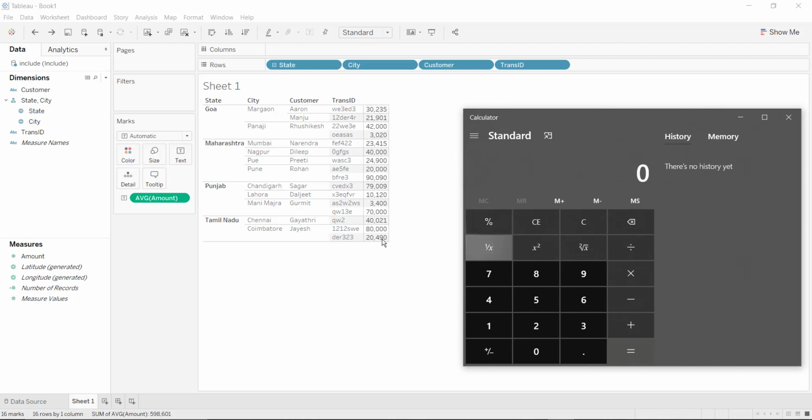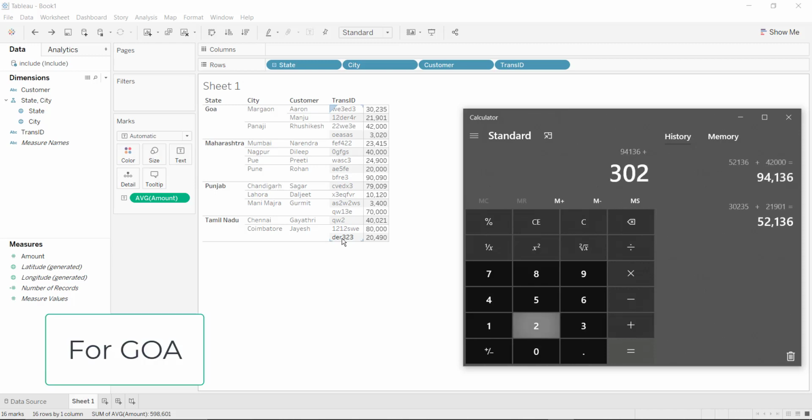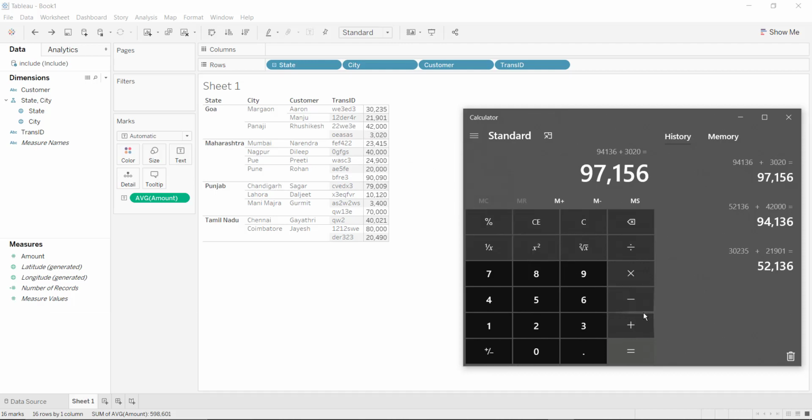The first value is 30,235 plus 21,901 plus 42,000 plus 3,020. This is the total, and it will be divided by the number of records, which is 4.